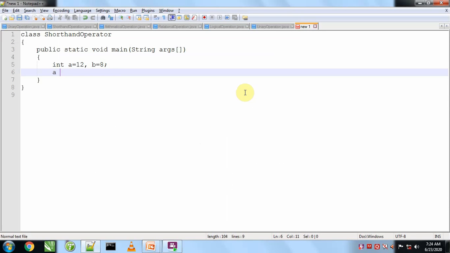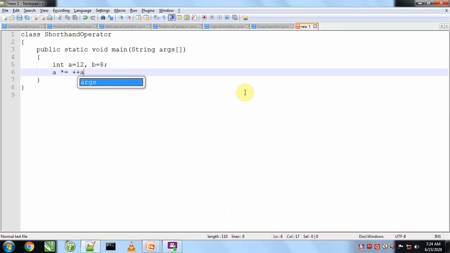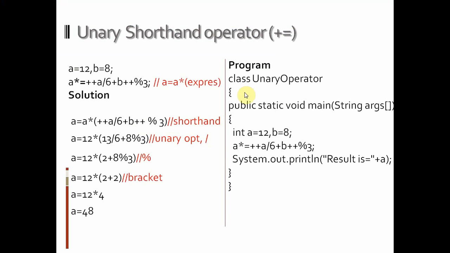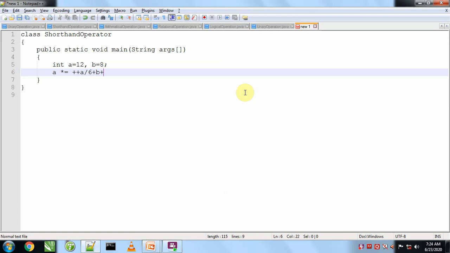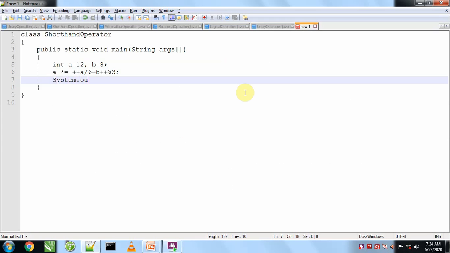Now we will say a into equals to plus plus a divided by 6 plus b plus plus mod by 3, and we will print this: a, b, and the result.